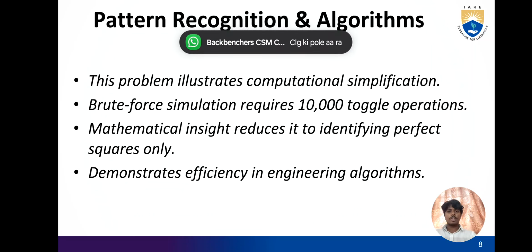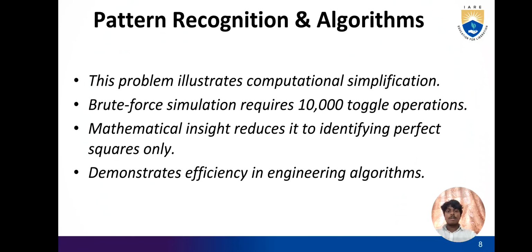In essence, divisor pairing creates an even number of toggles for non-squares because each divisor has a distinct paired divisor, while perfect squares have a unique self-pairing divisor, leading to an odd number of toggles. The pattern recognition algorithms are